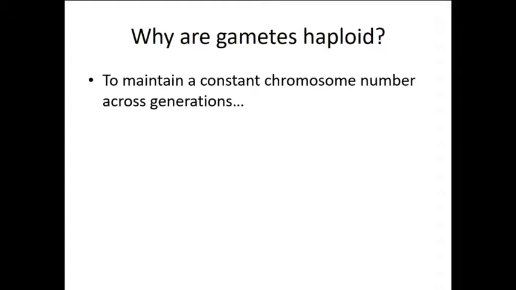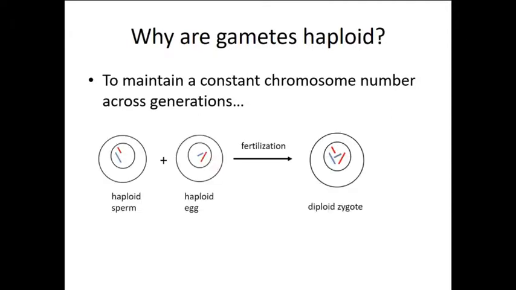So organisms are made so that they will function properly when they have their right number of chromosomes. Having extra chromosomes can lead to malfunction and can lead to cell death. It can lead to death of a fetus, for example. So you want to maintain the constant number of chromosomes across generations, and this happens when, during the process